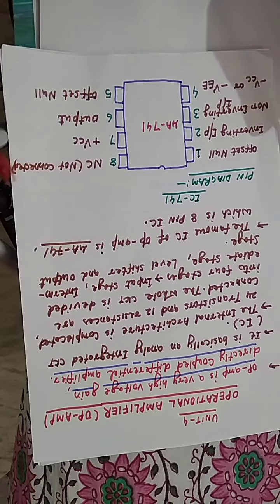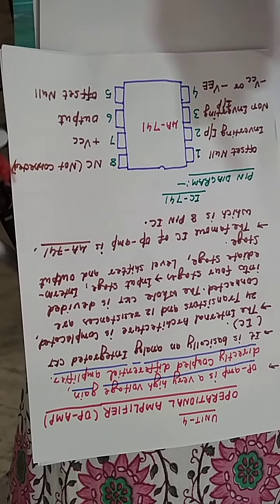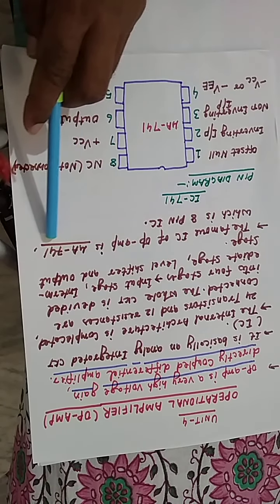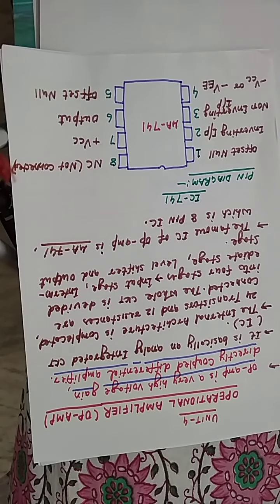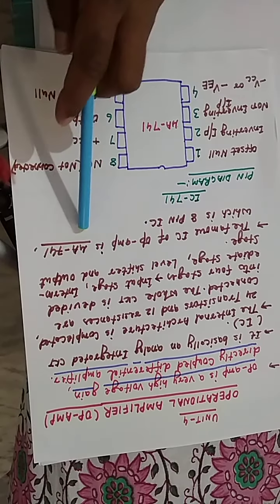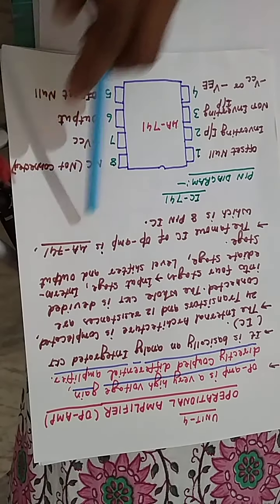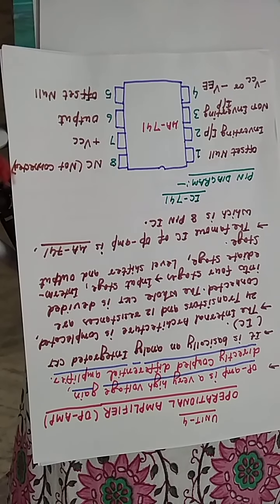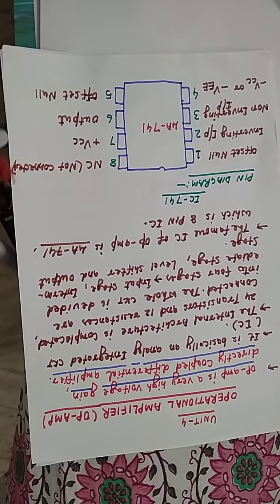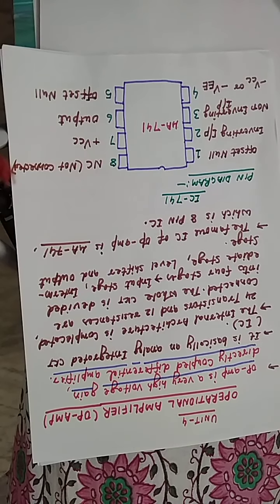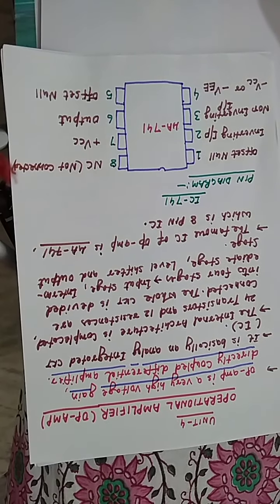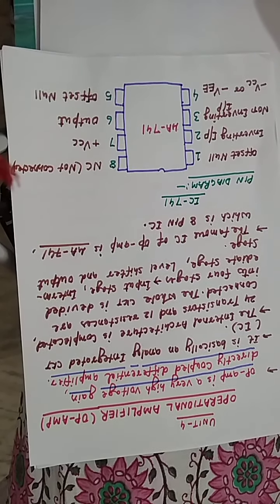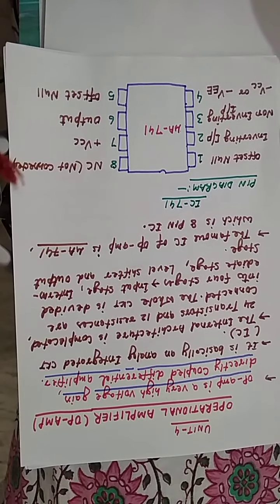The famous IC of an op-amp available in the market is the MU-A741 IC. MU-A741 is a series IC made by Motorola company basically, and it is a very famous 8-pin IC which is used as an operational amplifier. The name operational amplifier means there are two words, operational and amplifier. This means the function of this op-amp is of two types, operational and amplifier.